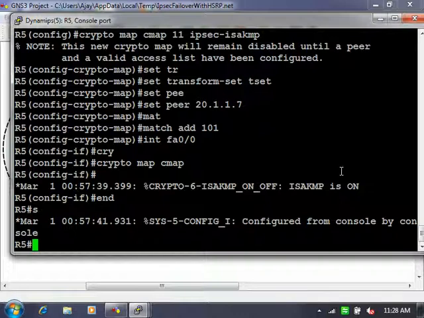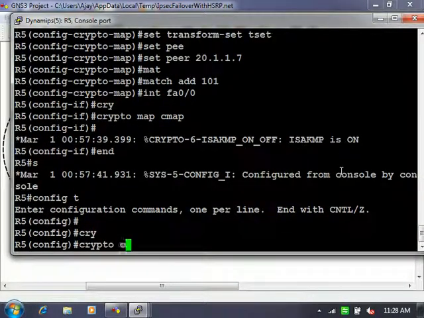We did not do the reverse route over here, right? Actually we need the reverse route over here only.